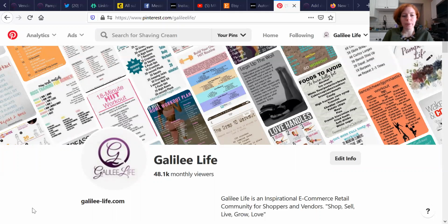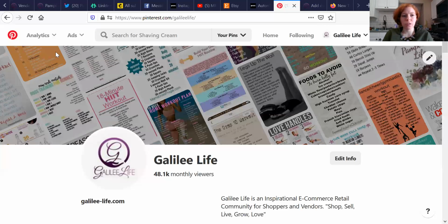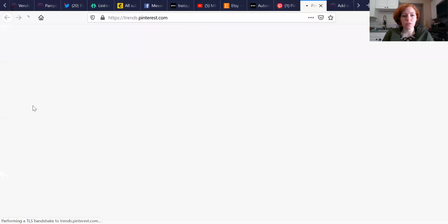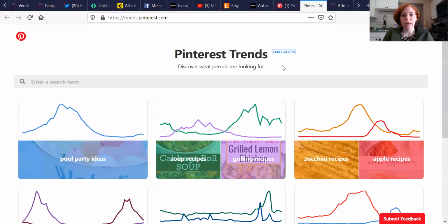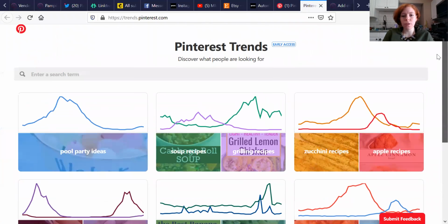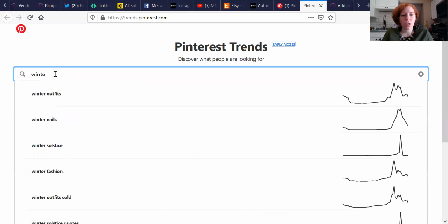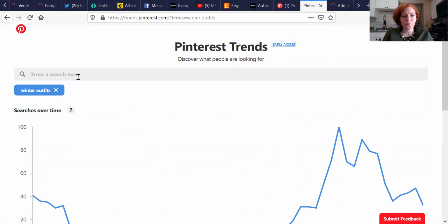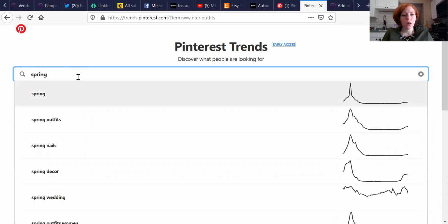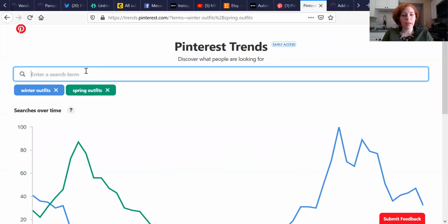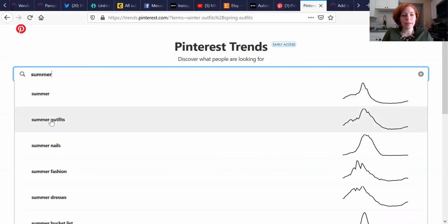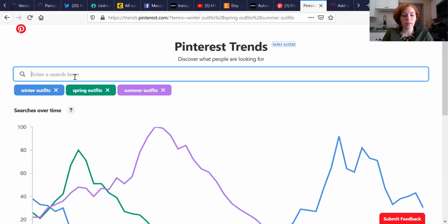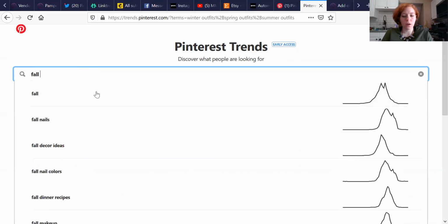If you have a Pinterest and it is a business Pinterest, under analytics there is this new Pinterest trends. It says early access, so I don't know who all has access to it, but if you do, I would encourage you to check it out. It shows you some different trends going on, and then you can also create your own trends too. So if you are a thrifter and you want to kind of know when you should maybe add your spring items right now or anything like that, you can